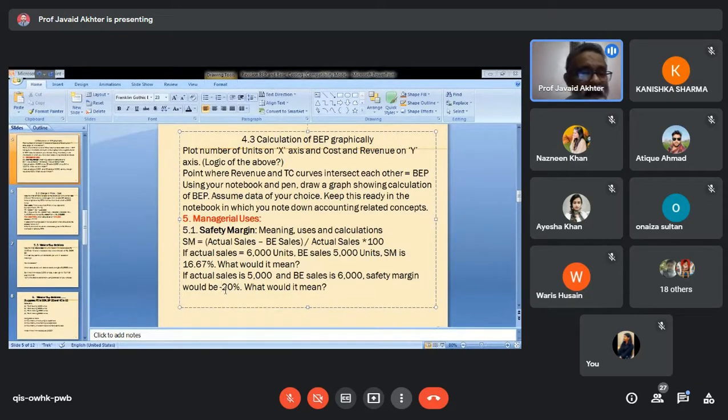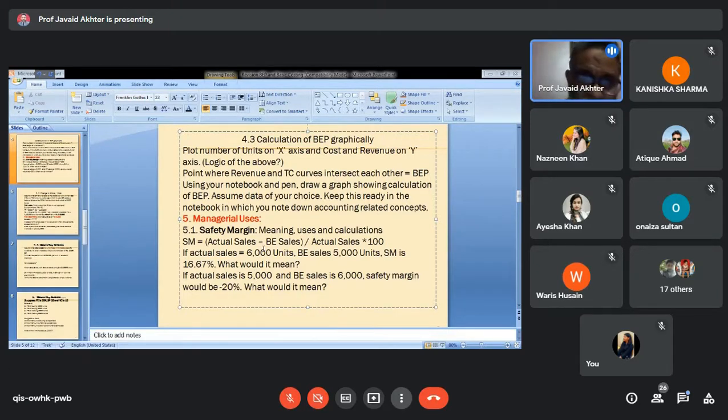See, percentage will be with respect to a certain figure. What is that figure? Current sales. So current sales is 5,000. The company has to raise it by at least 20% to break even. It can be verified here itself. If 20% is added to 5,000, what will be the answer? 6,000, which is your break-even sales as per the assumption.